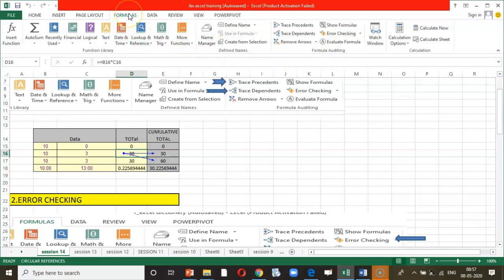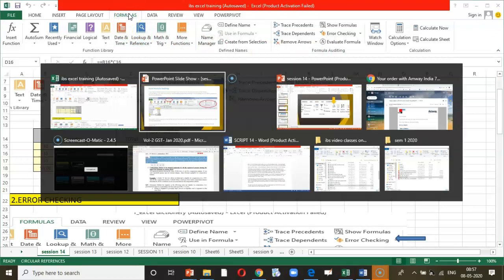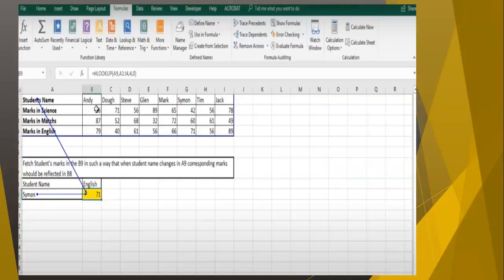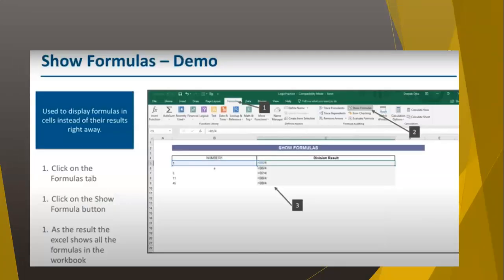Now we shall move to our next topic, and that is to know about show formula. So what is show formula?